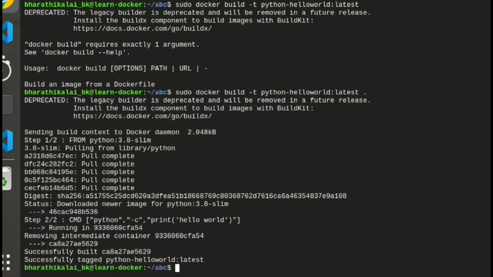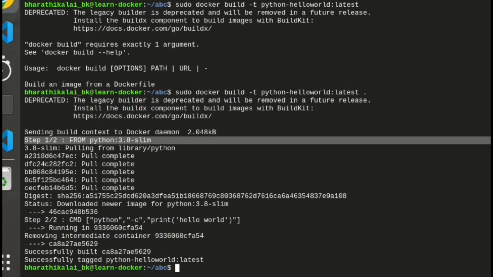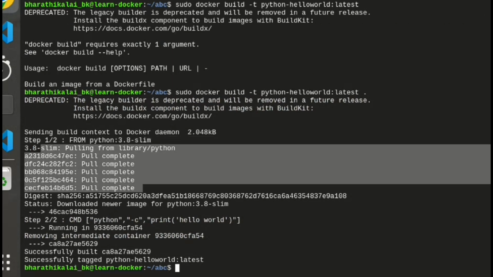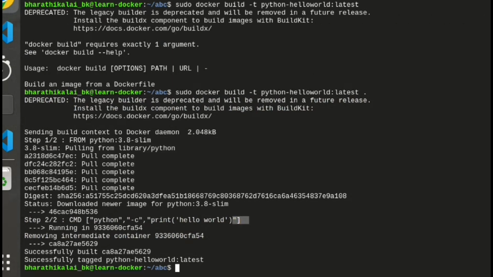So these are all the things happening. Here you can see the first step. The first step executed, and pull complete, pull complete, pull complete, pull complete. Here you can see many things. And the second step also executed. Everything is successful. Now